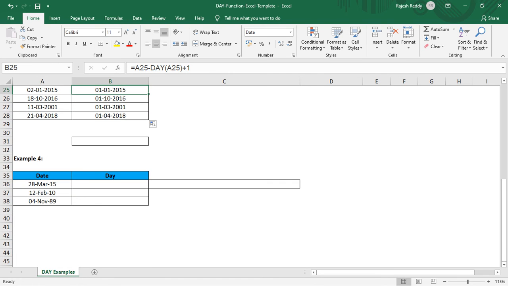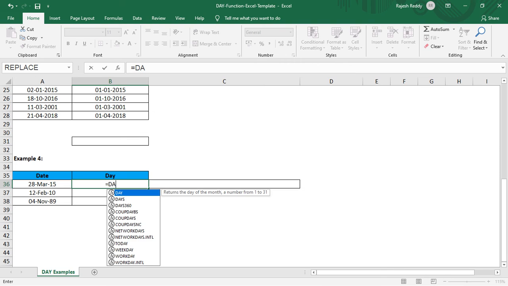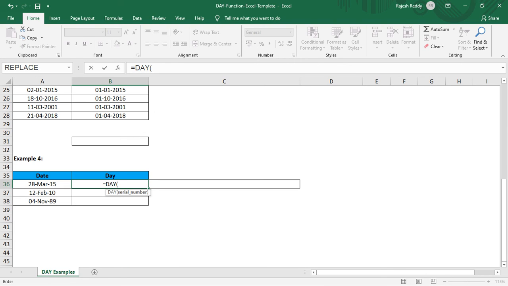And also, if you want to generate each month's end date, we will use this function. Equal to EOMONTH, then select the start date. So I am selecting this cell. Here we need to pass an argument. If you mention 0, it will get the end day of the current month.